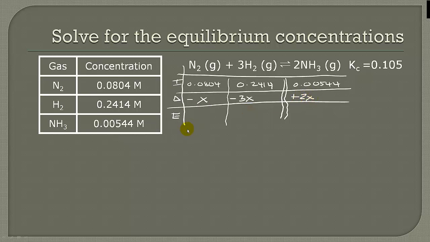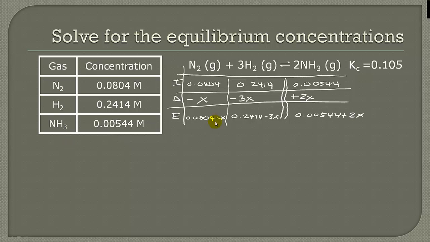So what I know is at equilibrium that the following equations are representative of the equilibrium concentrations. Remember, you just take the top box, add it to the change box, and those add together to equal the equilibrium box. So now, 0.2414 minus 3x and 0.00544 plus 2x. On a problem on an exam, this is actually what I want to see you do,